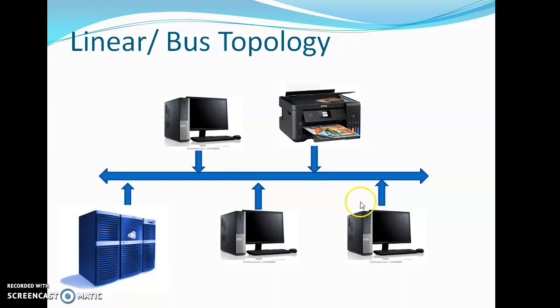Right, so that is one of the disadvantages of using this linear or bus topology. Other than that, in a linear or bus topology, this main cable acts as the backbone for the entire communication, like what I've already mentioned. Now imagine that this is removed from the picture, there is no main cable. What will happen? How will these devices connect with each other?